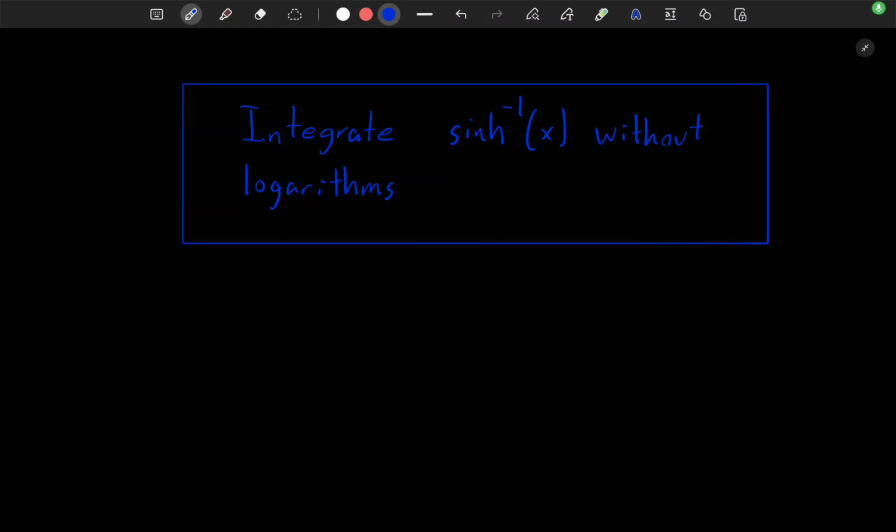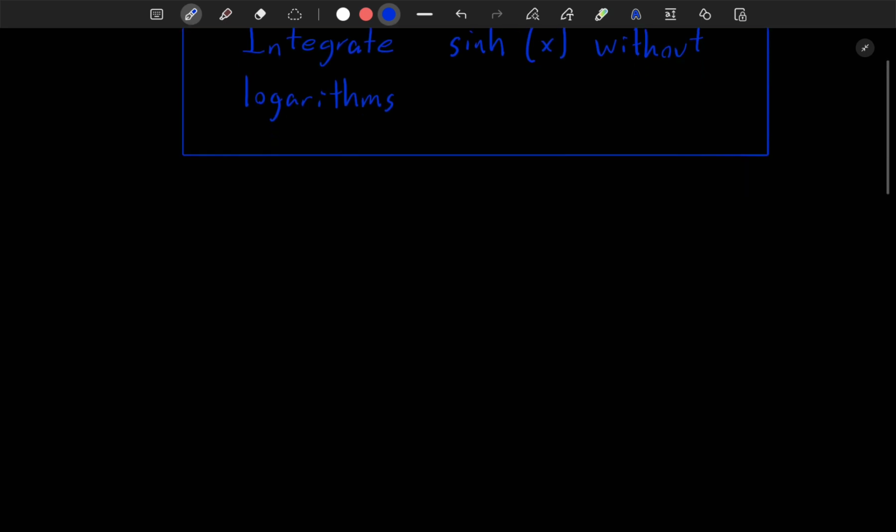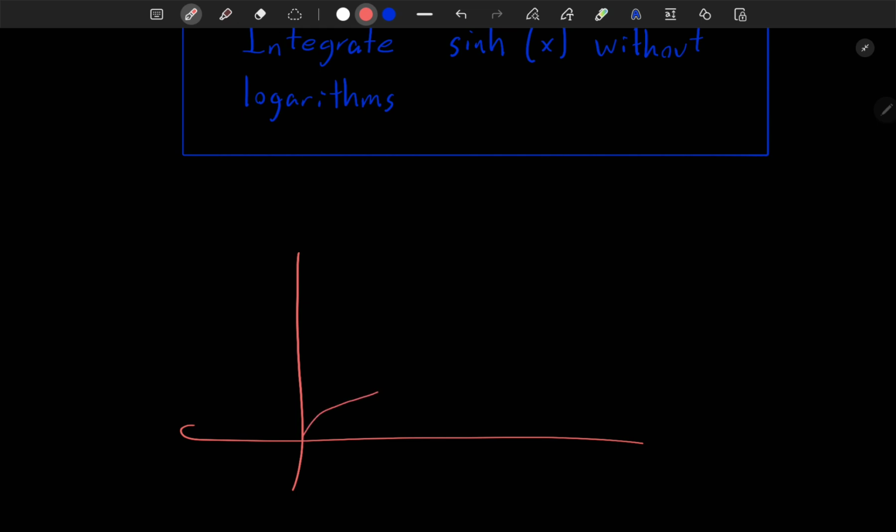What's going on? Let's integrate the inverse hyperbolic sine of x. I don't like dealing with the explicit form of the inverse, so we're going to use a little trick for this. And the trick is when you consider an invertible function, of course, for this case,